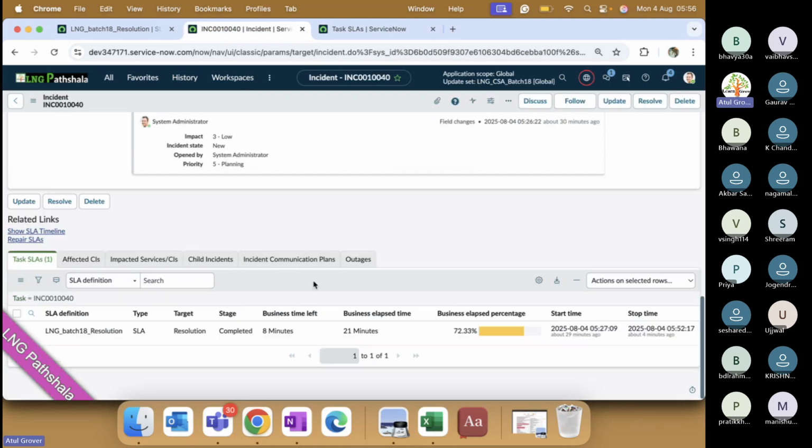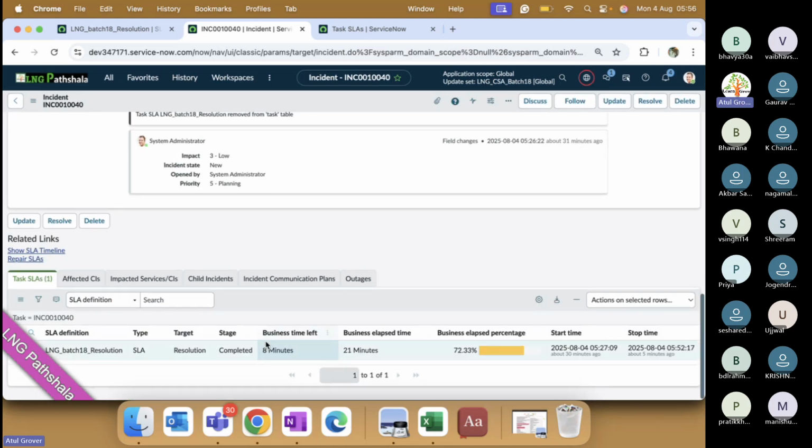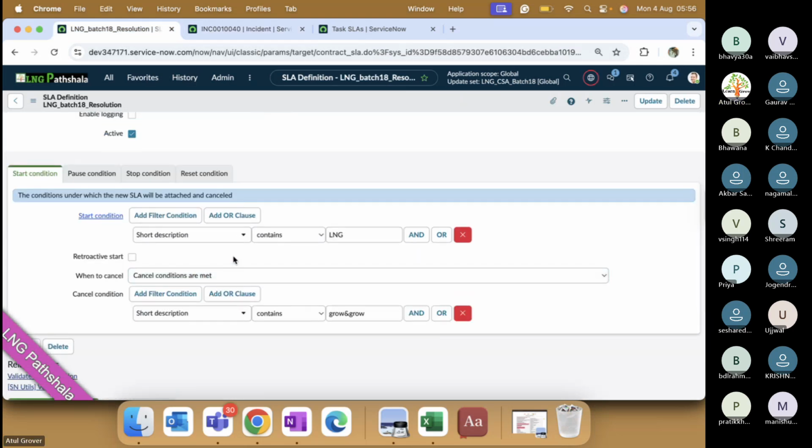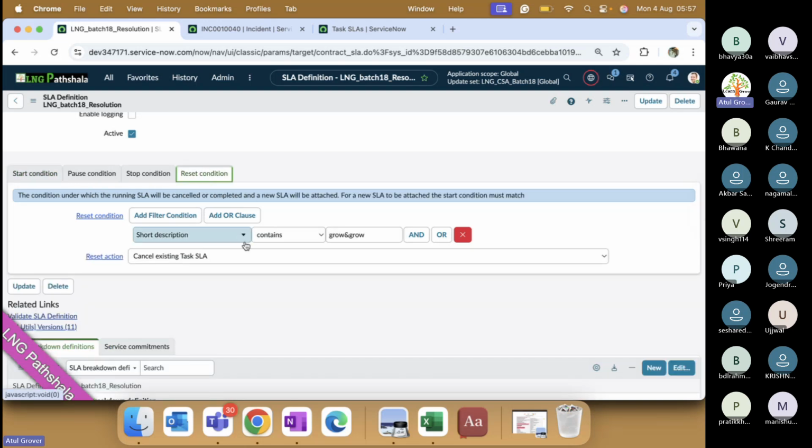No, something is going wrong with our SLA. The conditions are not matching here properly. Otherwise, this SLA should go into the cancel state. Because what have we written in cancel? Short description contains grow and grow. And in reset we have written grow and grow. So it should cancel. Something is not working, but the reset means it will cancel your existing SLA,